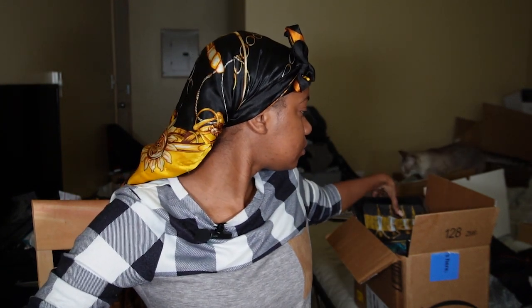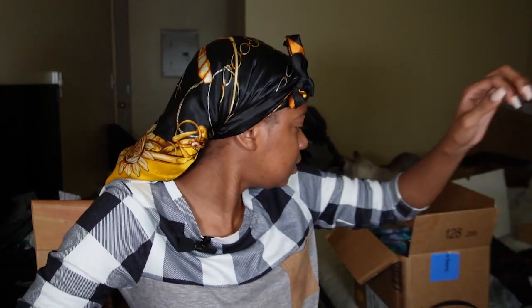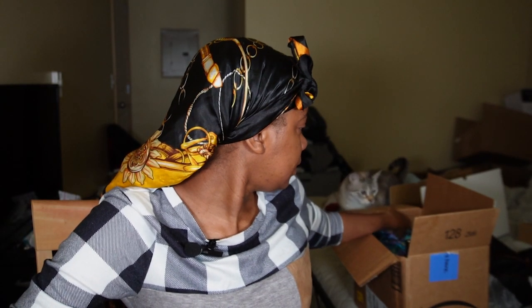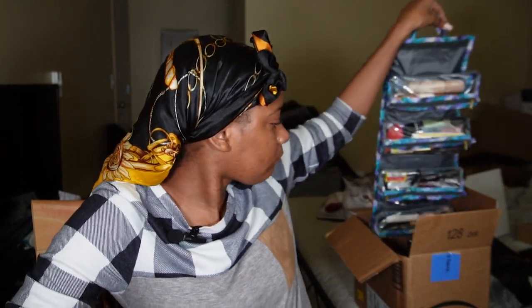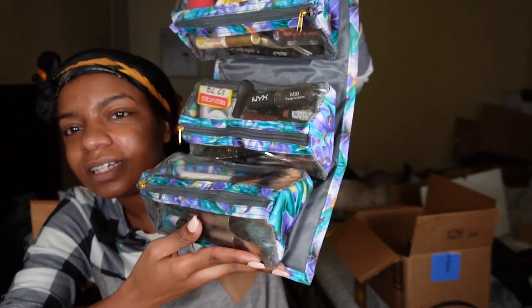I have not done a makeup video in a long time. Every time I wear makeup, I'm not sure what it is, but I have like this allergic reaction now ever since I tried the Juvia's Place eyeshadow primer that I'm very allergic to. I found that out quite quickly. Look at my bumps. And ever since then, I just cannot wear makeup without it feeling like a contact dermatitis situation